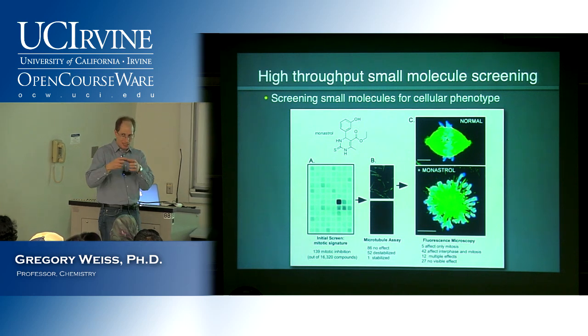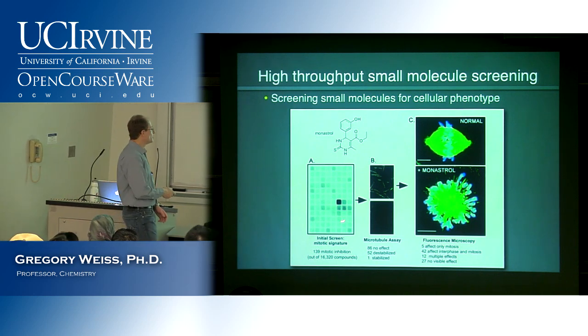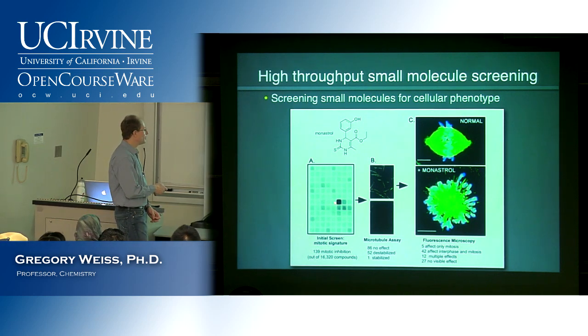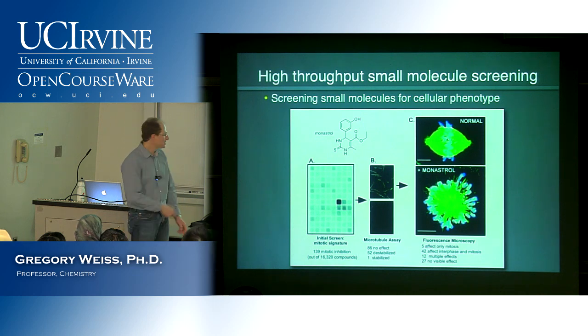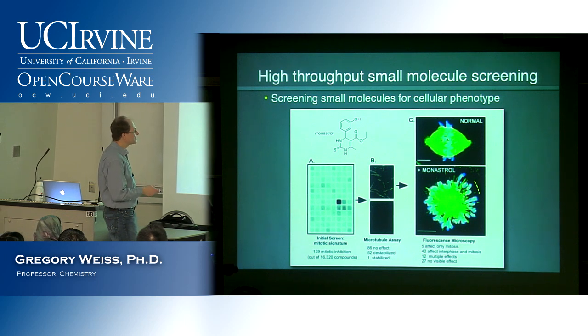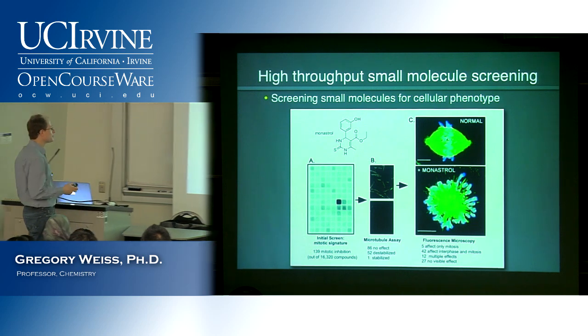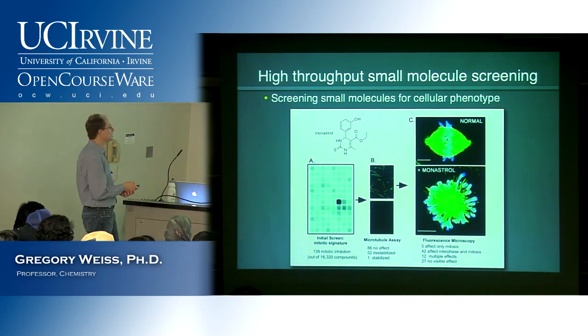Staring at cells under a microscope, that's hard work. Over here though, just looking for the one dark spot out of thousands, tens of thousands of dark spots, that's easy. This step over here can be done by robots. This step over here can be done by robots as well, but sometimes the robots miss stuff. Sometimes the imaging software misses really interesting effects. And what Kapoor and colleagues found